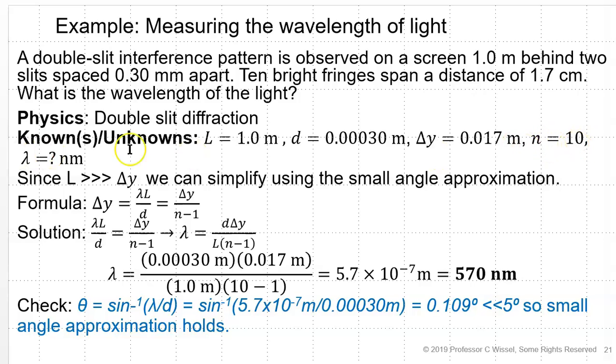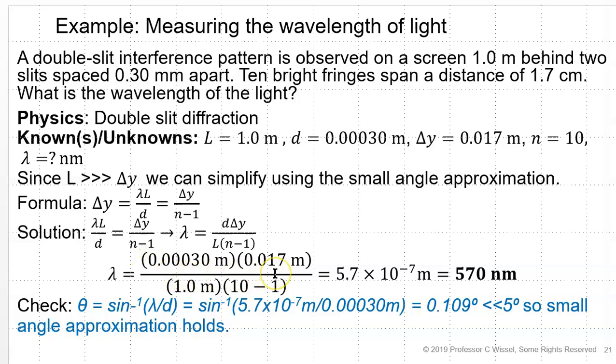These are the number of fringes. L is much, much greater than delta y. We can simplify using the small angle approximation. And then it becomes delta y equals lambda L over D, or delta y divided by n minus 1. And then we can solve this, and we wind up with lambda equals D delta y over L times n minus 1. And of course, then we have, here's our D,